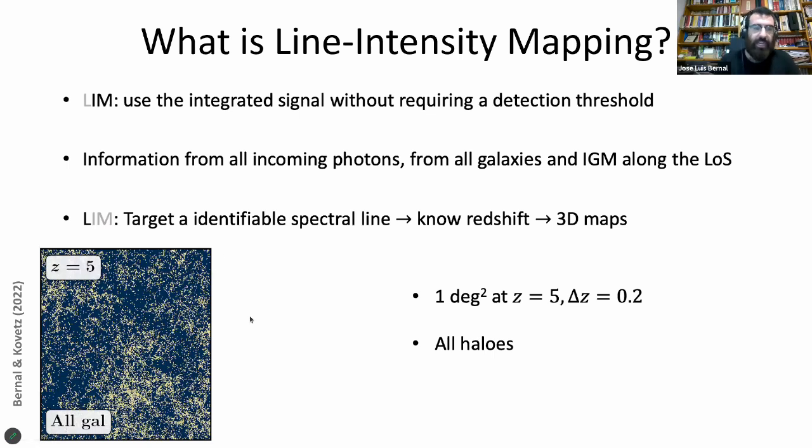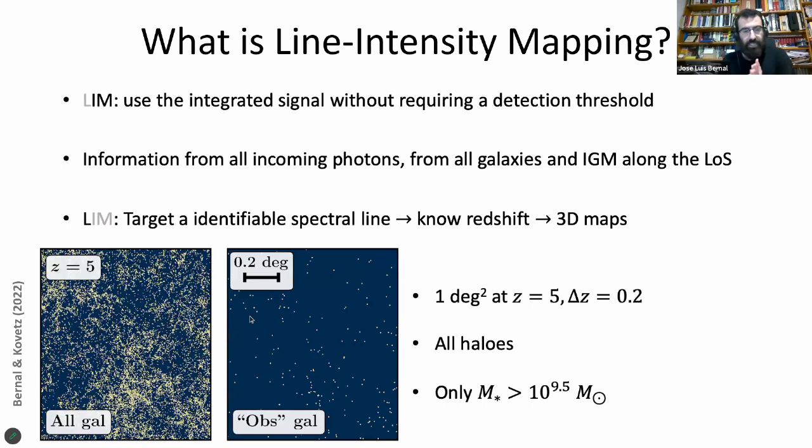And if we apply a somewhat arbitrary cut here, but this is just for illustration, on the stellar mass for the galaxies, in order to account for which of these galaxies will be detected or not, this is what we will be left with. You can still do a statistic with it, but we are missing many sources, and also some of the features of the large scale structure may be lost in all these voids that are basically due to not detecting any